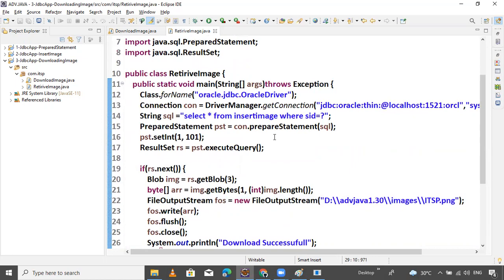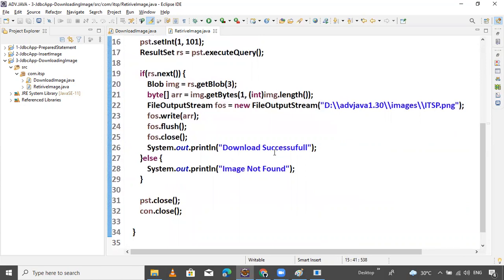If you want, then I will show one more thing. The time is up. We will meet next session. Before that, can I discuss callable statement? I think not required to discuss right now. First, we will prepare one mini project, GUI based, insert, update, delete, and search. Next session we will see this, and then we will go further.